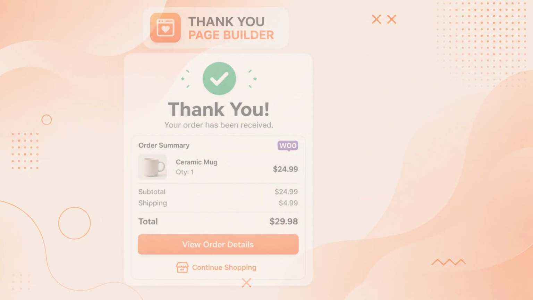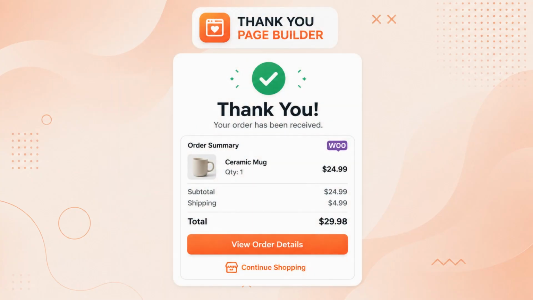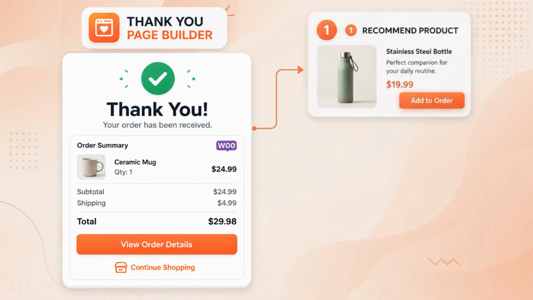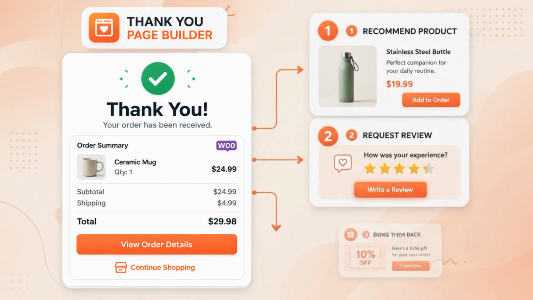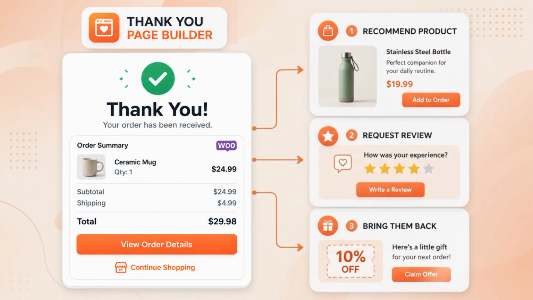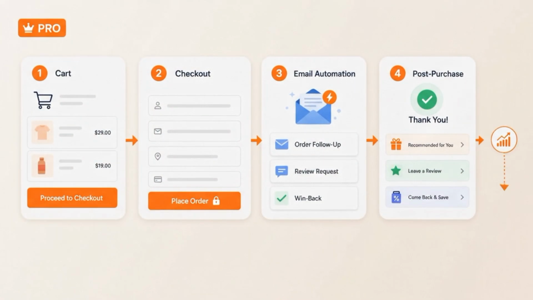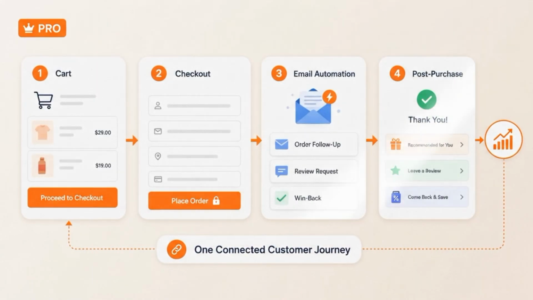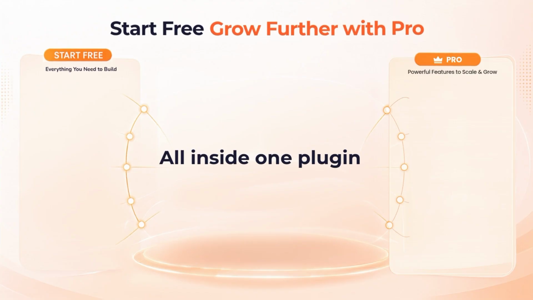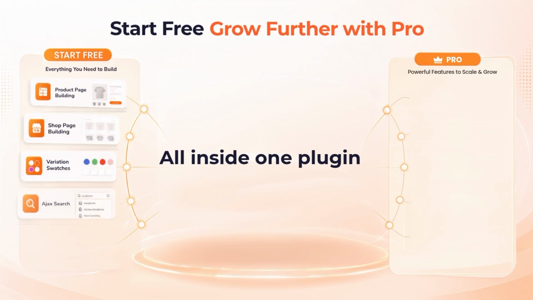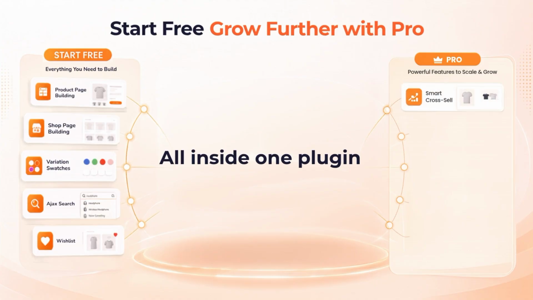Pro's Thank You page builder turns the order confirmation into another opportunity to recommend a product, request a review, or give customers a reason to come back. That moment shouldn't go to waste. From custom cart and checkout pages to automated email sequences and a post-purchase experience built for growth. That's what Pro is built for. One connected customer journey. Start free with product and shop page building, variation swatches, AJAX Search, Wishlist, Smart Cross-Sell, and